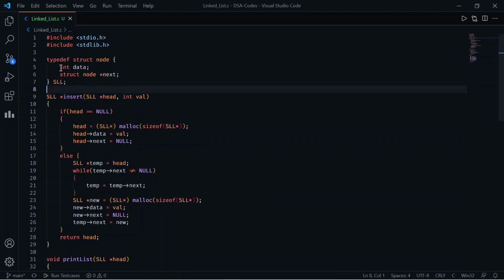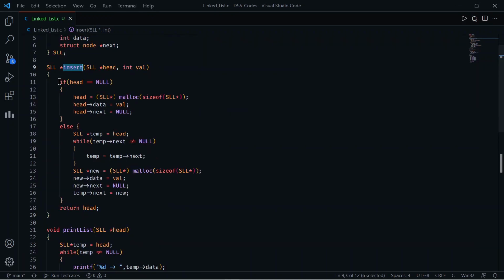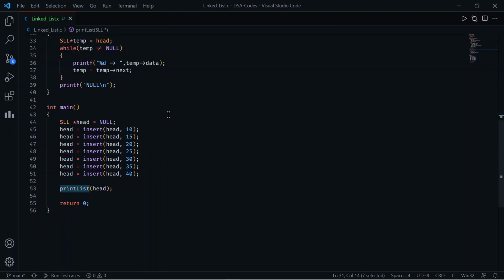In the structure I have data, which is of integer data type, and a pointer to the next node. Then I have written an insert function which will insert an element in the linked list, and you can check the insert function. I will give you the code. Then I have a print list function which simply prints the list.